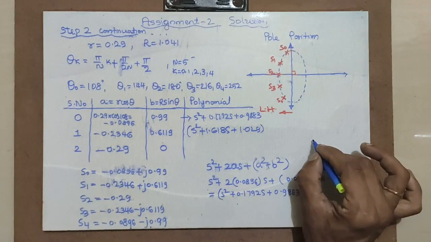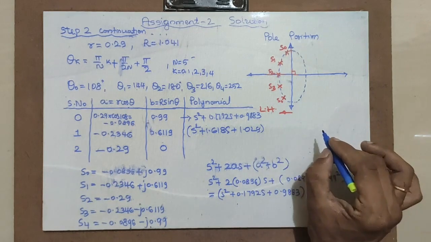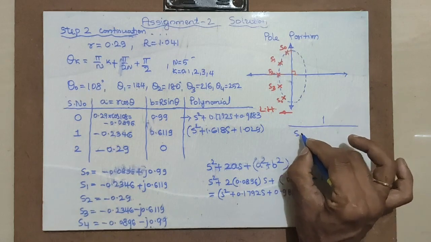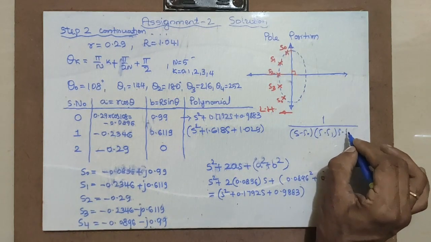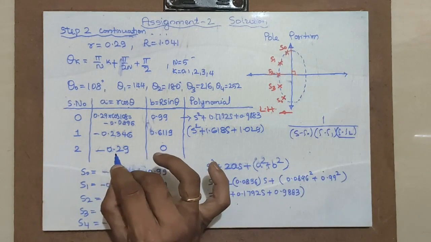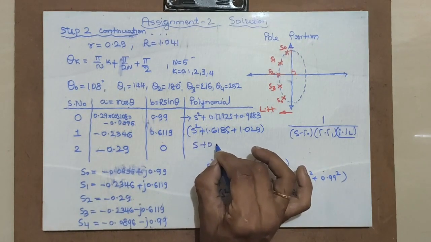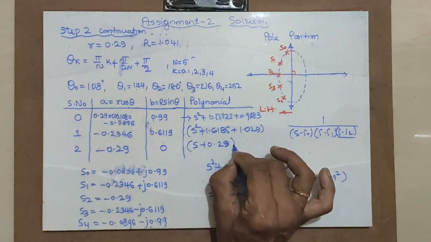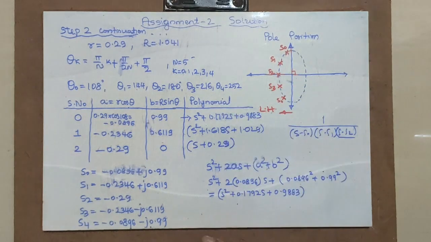You see, in our polynomial, actually how these polynomials are resulting, because it becomes something like this: S minus S0, S minus S1, S minus S2, so on, isn't it? This S minus S2, what is S2 here? S2 is minus 0.29, hence it becomes S plus 0.29. It doesn't result in a second order polynomial, but it results in a first order S plus 0.29. Hence I got all the polynomials corresponding to poles.